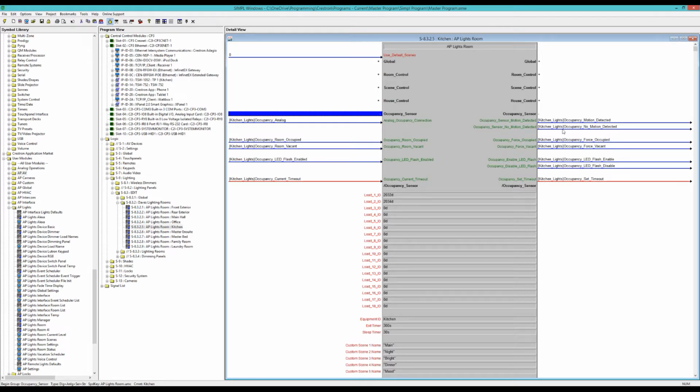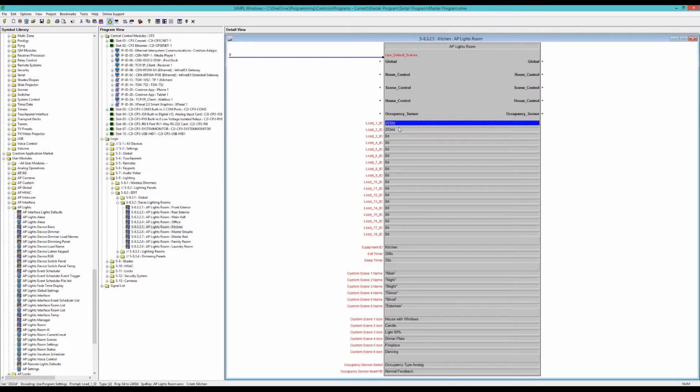In my kitchen I actually am running an occupancy sensor, although it is the older school type where it's just the analog input. So one day I'm going to play with the rest of it from the Crestron versions where you can adjust the settings and so on. Down here, this is where you just put in the cross point of the dimmers that exist in the room, or the dimming panels, just basically the device driver itself. Every single load will have its own unique identity, and I actually have,